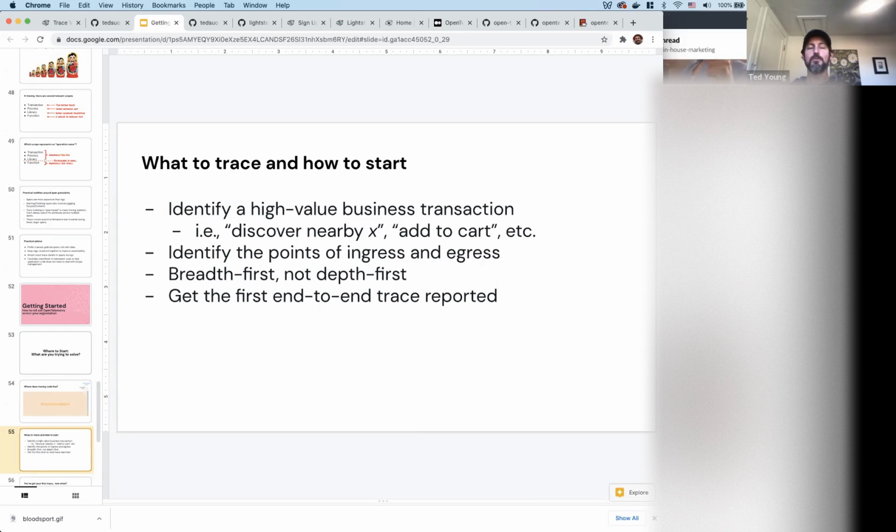It might be something where you're already having issues or you're already concerned about the latency and you'd like to reduce it, or it could just be a really important transaction in your system like checkout or something like that.